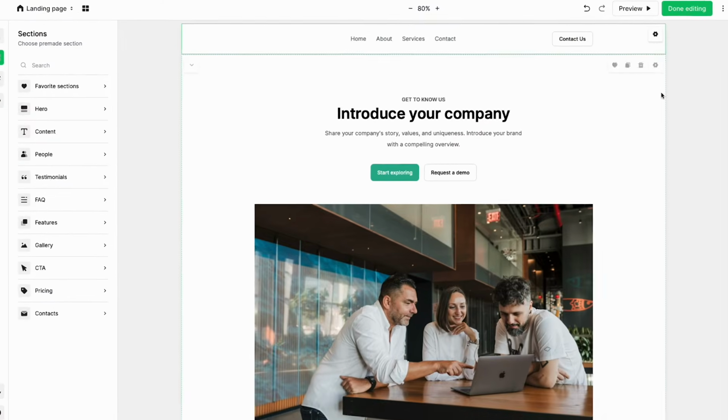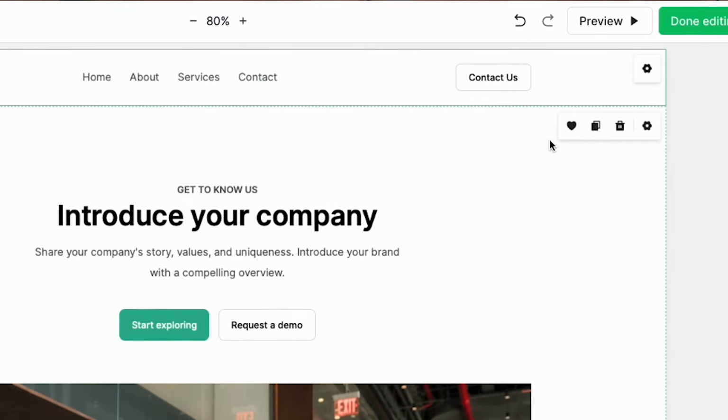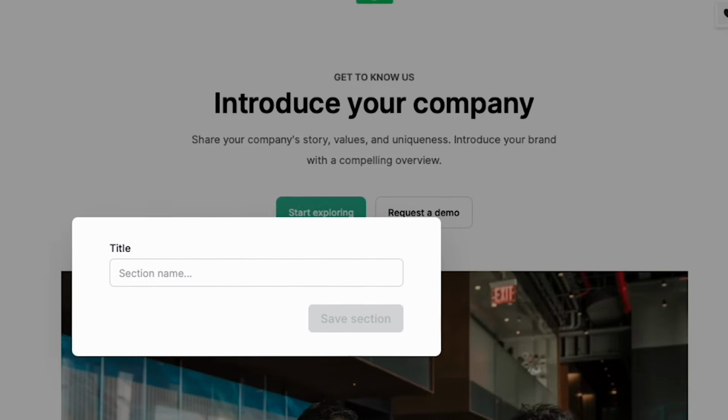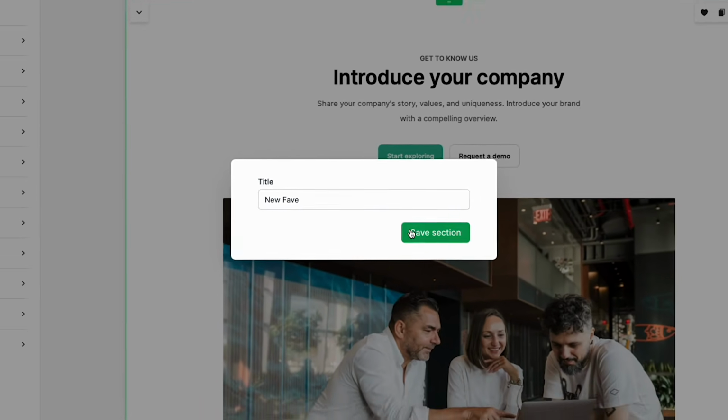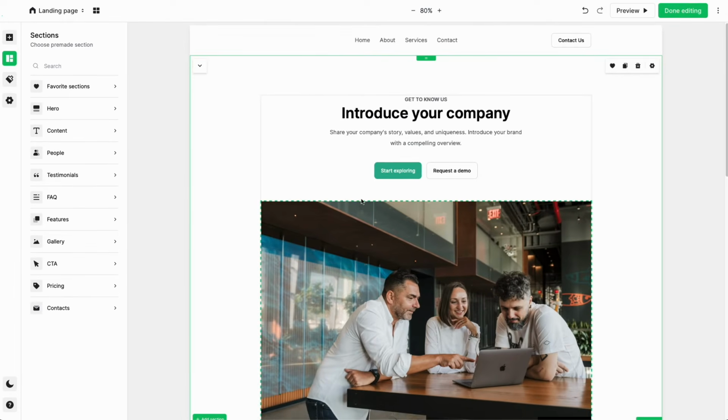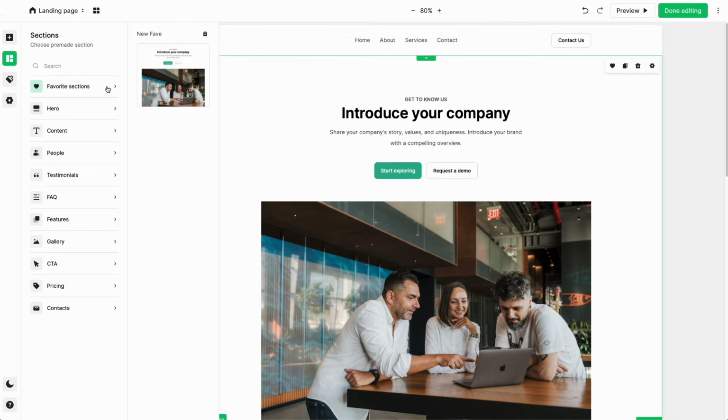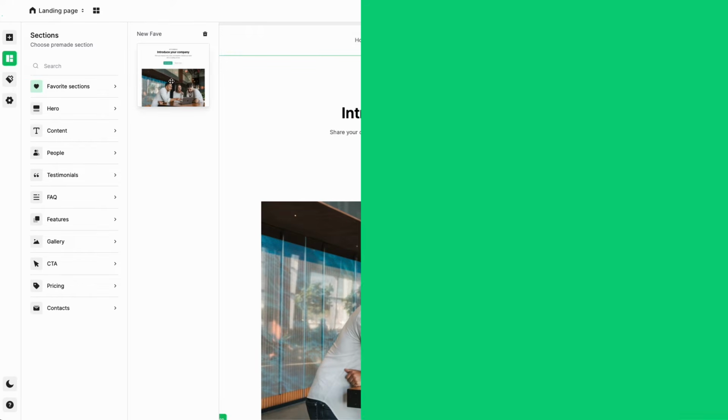One feature that's probably going to become one of your favorites is the Favorites folder. Once you've designed your elements into a stylish section, you can save it to your favorites and reuse it across all of your landing pages now and into the future. To save a section to your favorites, simply hover over the section to reveal the edit icons. Click the heart icon to save the section to your favorites. To access them, simply click into the Sections tab on the left sidebar and head to the top folder of the section. You'll be able to find all your saved sections there.